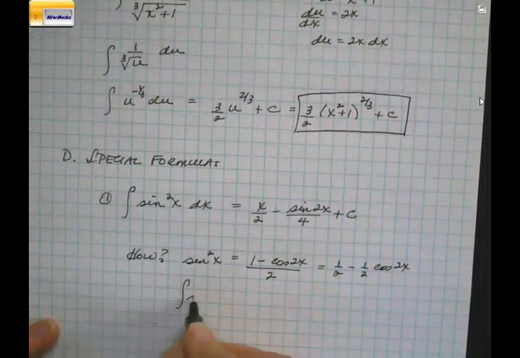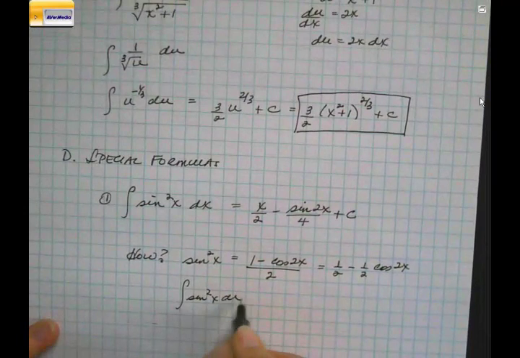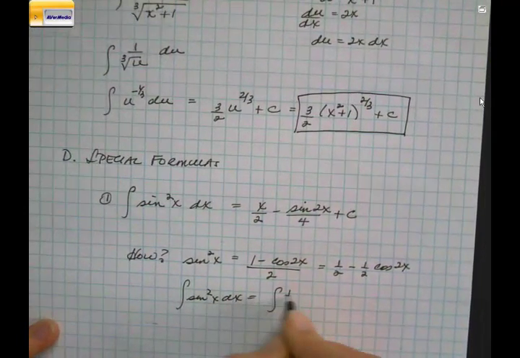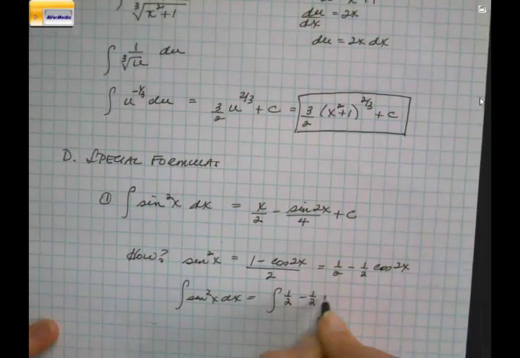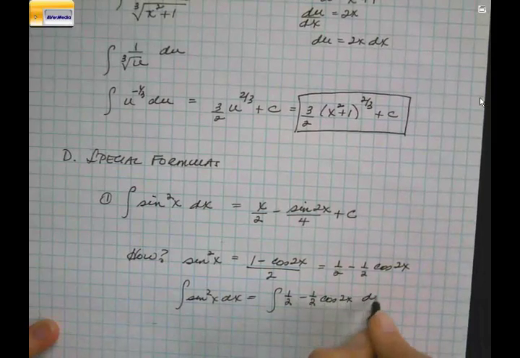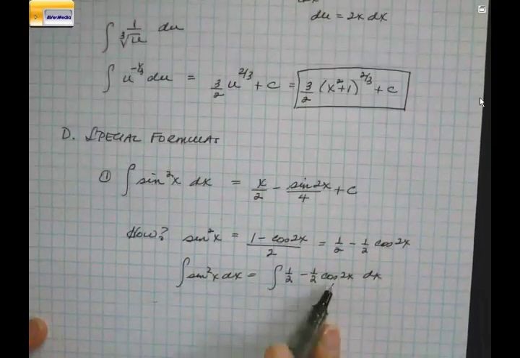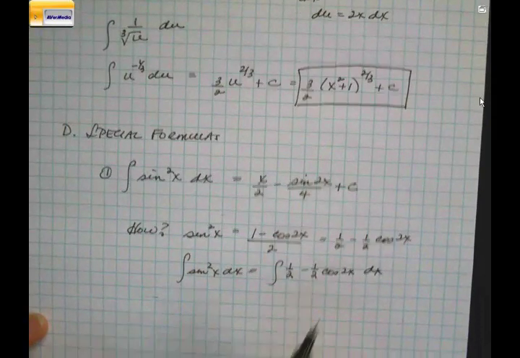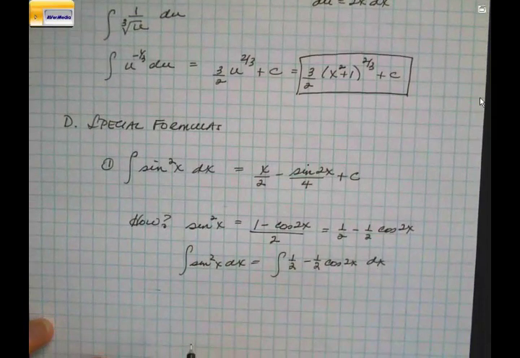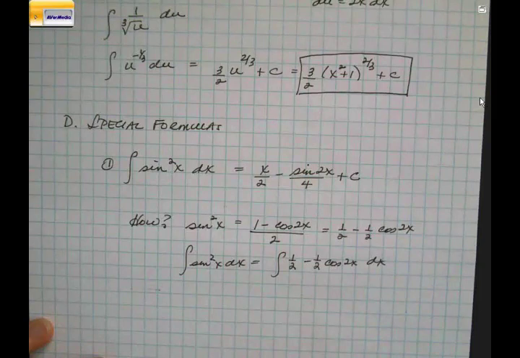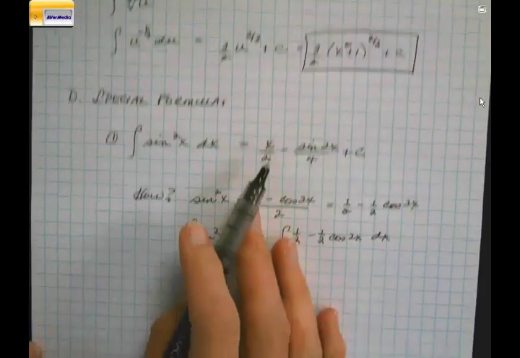So if you integrate sine squared x, it's the same as integrating 1/2 minus 1/2 cosine 2x dx. And you can use the method of substitution to integrate the cosine 2x. So that's how they did it. And it's not that complex, but you got to either memorize your identity for your trig function or memorize your